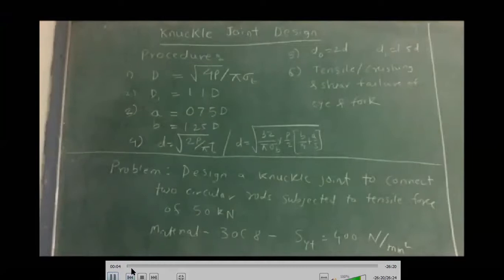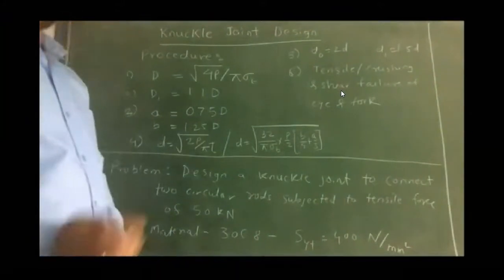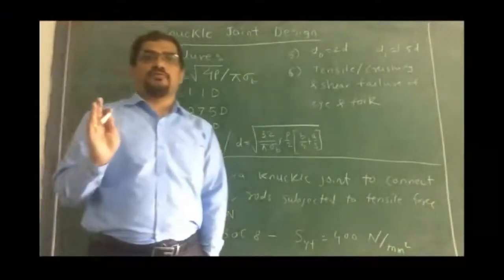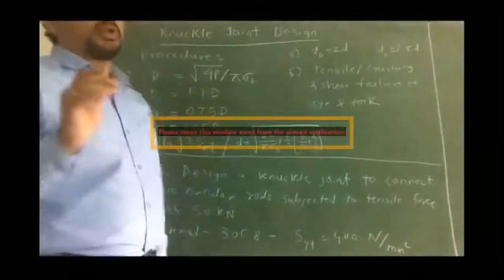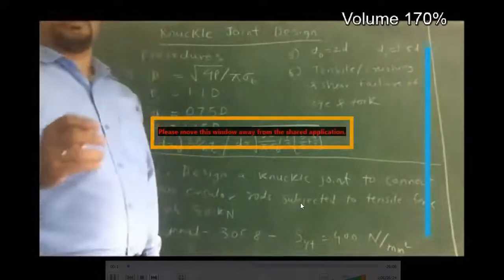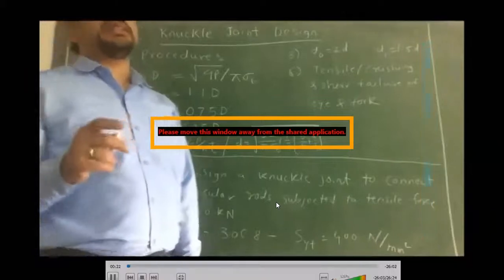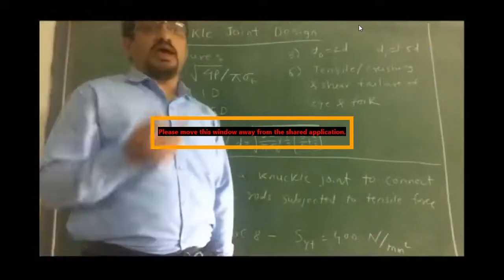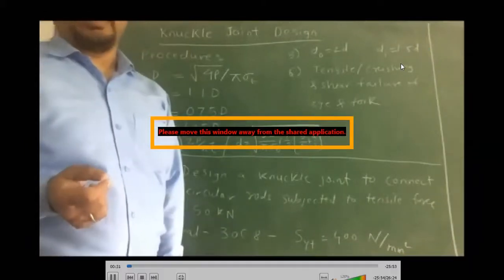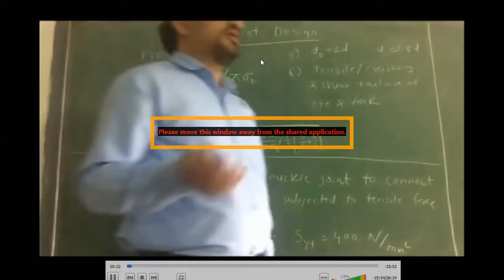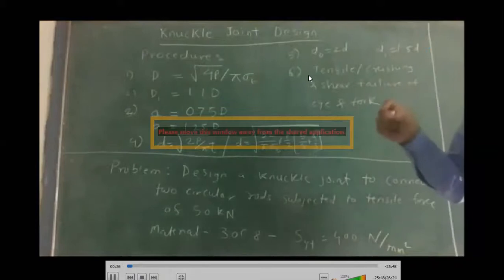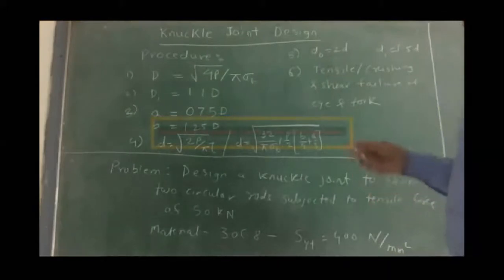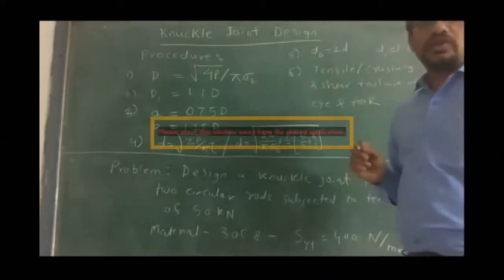Okay, we'll start. Go through the numerical for the knuckle joint design. It is assumed that prior to this lecture we have gone through the procedure for the design of the knuckle joint. We understood what a knuckle joint is, where it is used, what the different parts are, and how to design those parts. It mainly consists of three parts: eye, fork, and knuckle pin. The knuckle pin is the main component which mainly fails, and then we also have to design the fork and the eye. So we'll go through the procedure for this knuckle joint design.